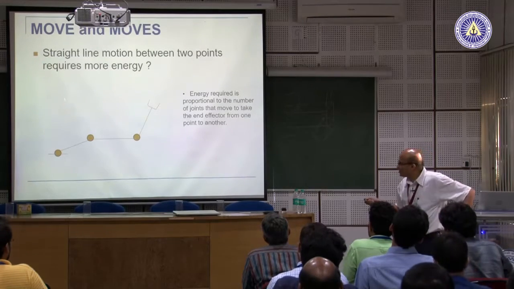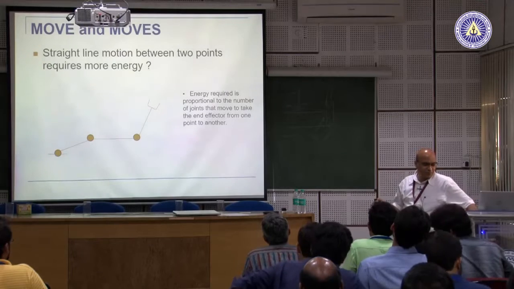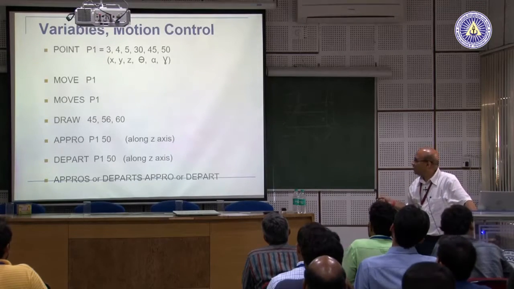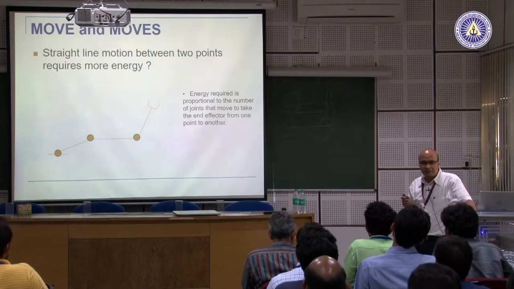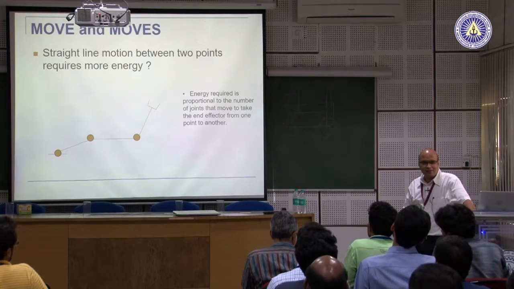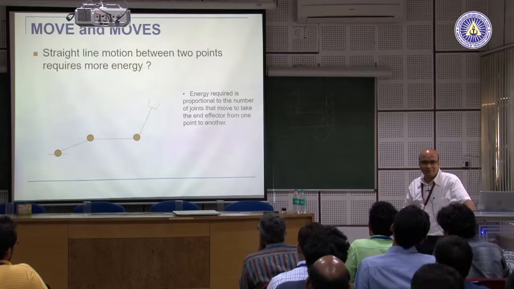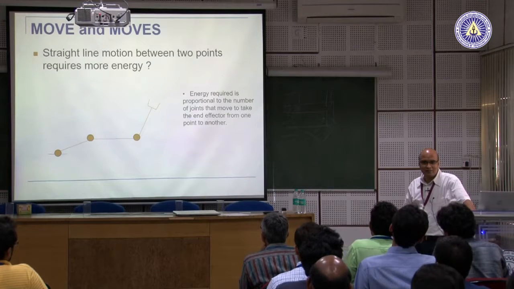So there is one point here, P1, which I have defined, having these coordinates. I now say move to P1. So it was here, it will now move to P1. Which trajectory will it take? Shortest is a very misleading term. Least time taking,